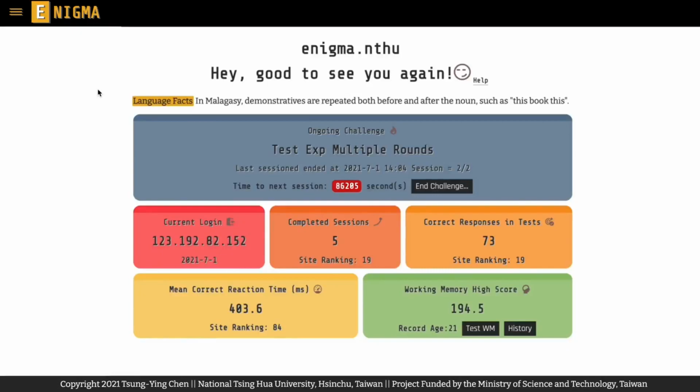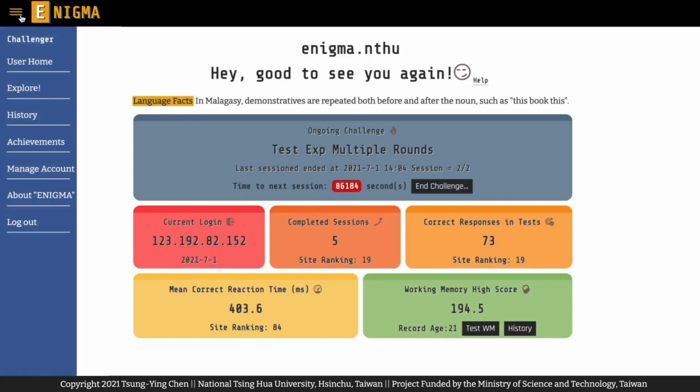Before it's time for the next round, in the ongoing challenge section, you can see the End Challenge button for you to terminate the multi-round challenge at any time. But you won't give up easily, will you? We highly encourage you to complete every challenge to contribute as many learning insights as possible.